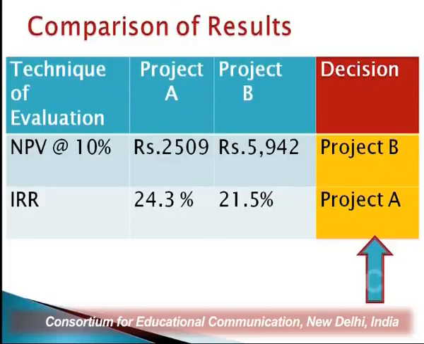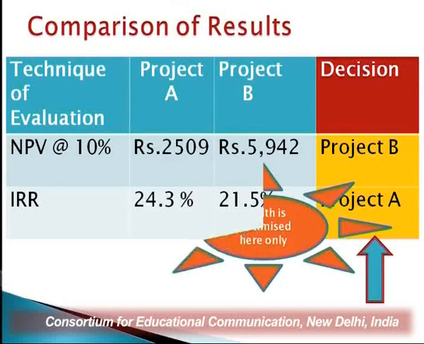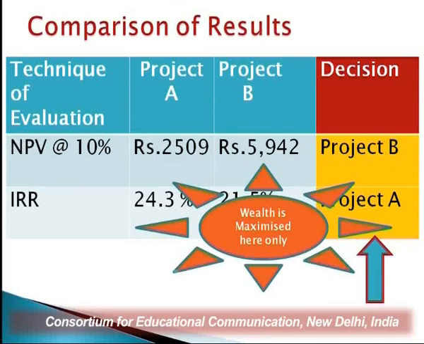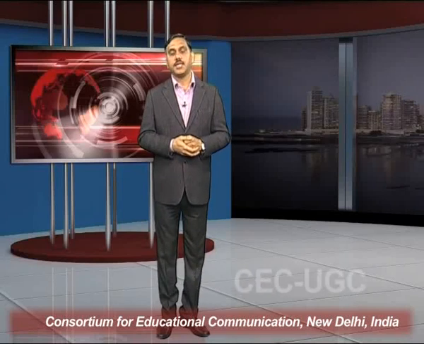Obviously, we have to recall the very basic objective of our financial management, that we have to maximize the wealth. And wealth is only maximized in case of NPV, where we get the absolute net benefit. So that is why we have to take up project B, because wealth is maximized here only. If you are going as per IRR, you are not maximizing your wealth. Your wealth is maximized when you are making use of project B, because it is giving you the maximum absolute